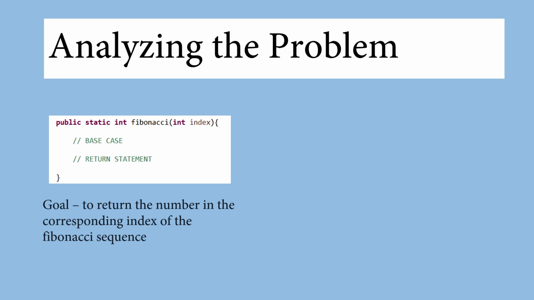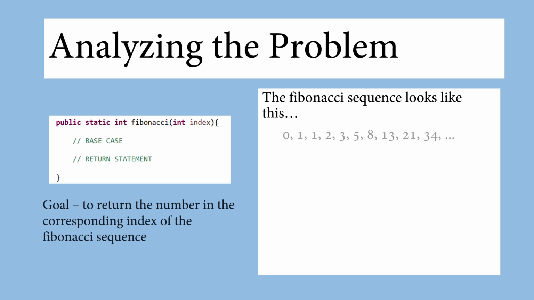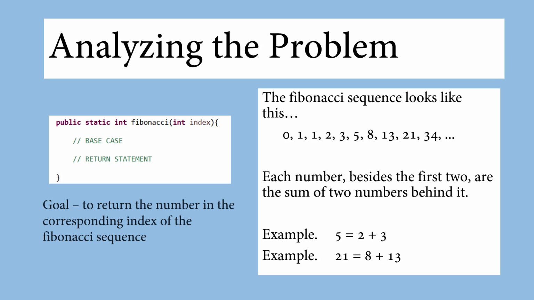Well, it looks something like this, where each number besides the first two is the sum of the two numbers behind it. So if we look at this, it'll be 0 and 1, and then 1 is the sum of 0 and 1, 2 is the sum of 1 and 1, 3 is the sum of 1 and 2, 5 is 2 and 3, 8 is 3 and 5, 13 is 5 and 8, and so on. It just continues indefinitely. It doesn't have a negative index, so we're going to have to check for that in